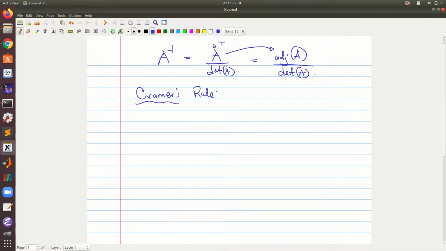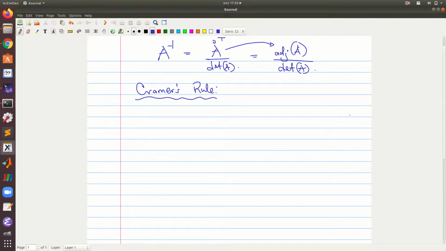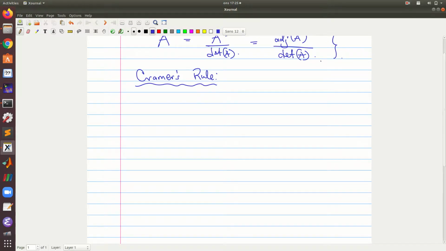I won't go so much into the details of Cramer's rule, but it closely follows from these ideas here, or rather these ideas actually closely follow from Cramer's rule. But what does Cramer's rule tell us? It tells us that in a non-singular system, remember, if the system is non-singular, it implies that the inverse exists. So Cramer's rule says that in a non-singular system Ax = b,